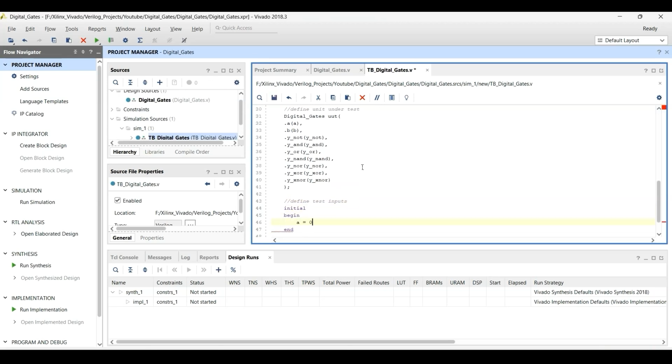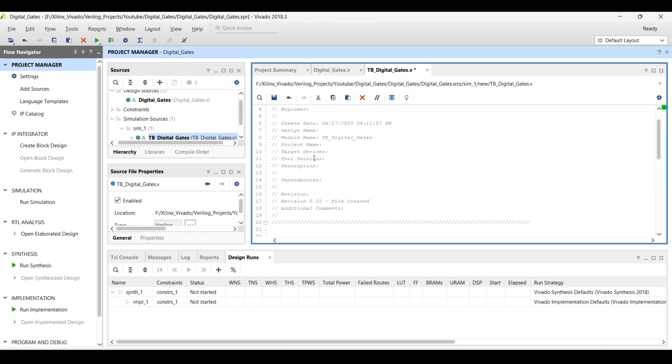Now we need to define our inputs. First, we set both A and B to 0 and then wait for 10 nanoseconds. How do we know that we are waiting for 10 nanoseconds? As you can see here, the time scale is 1 nanosecond and its accuracy is 1 picosecond.